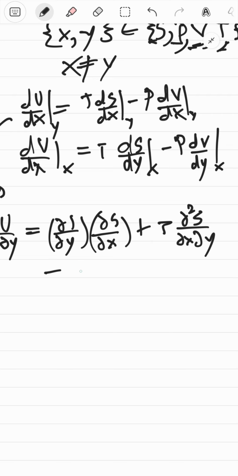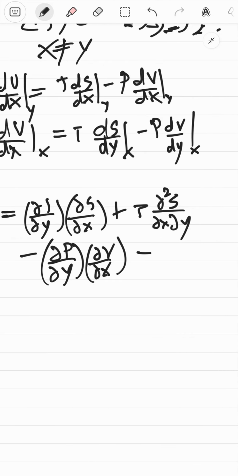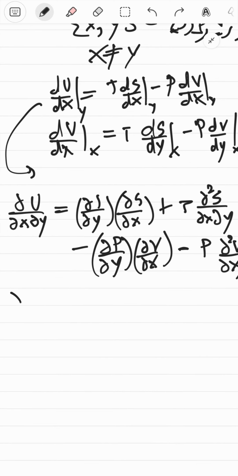So you just have minus partial p by partial y, and then you just have partial v by partial x. But then you also have this plus, sorry, it's actually a minus, right? Yeah, so minus p partial squared v upon partial x partial y. And similarly, you're going to write this equation as well. And so what do you get? You just get partial squared u upon partial x partial y, and that's equal to,